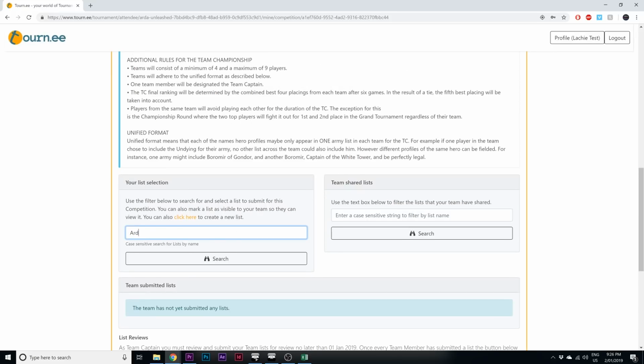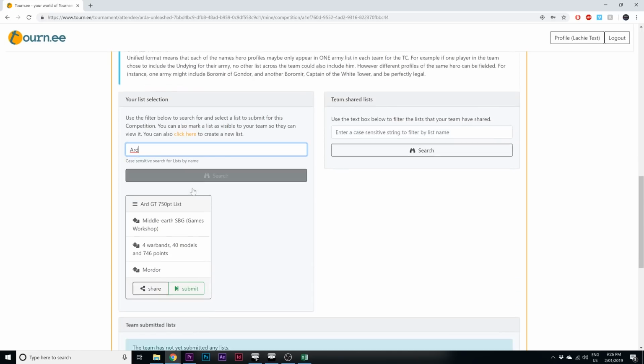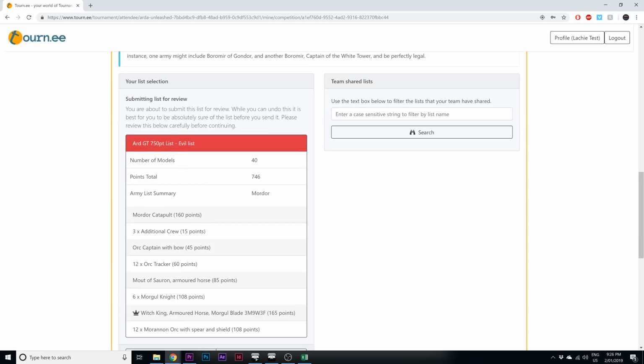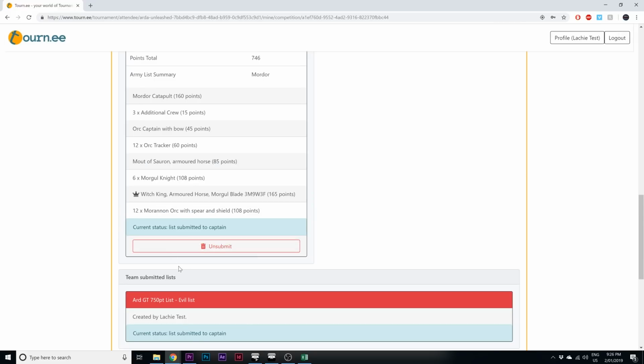So all we need to do, just like we did before, is search for our army list using the name that you saved it under on your profile. Click search, and then your list will appear as mine has there, and then click submit. That will submit the list for review. It brings up a little summary window that breaks down the list and all of its key components. You can have a review of that, and then you can confirm your submission, and that submits it to the